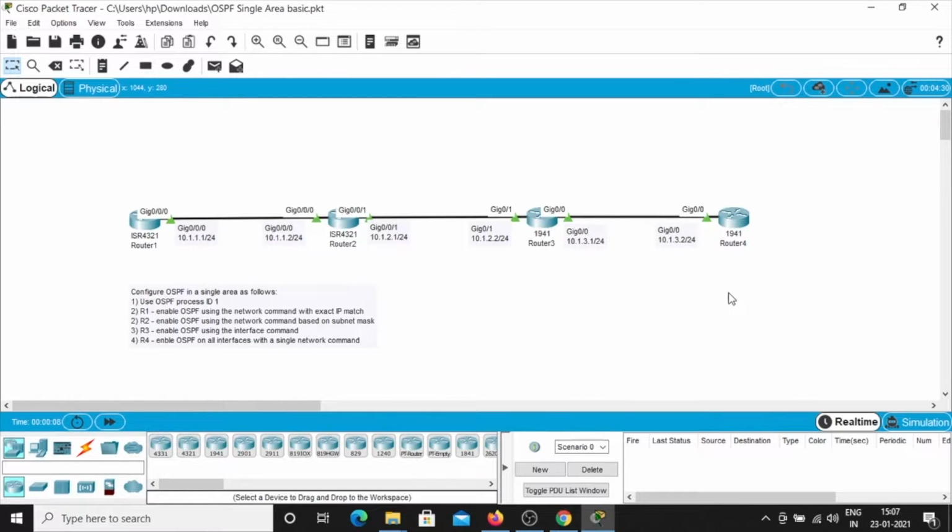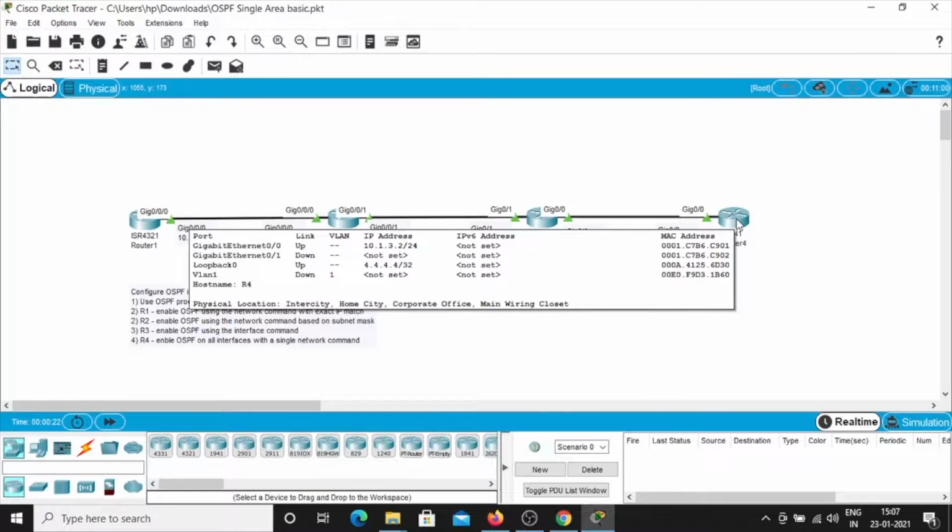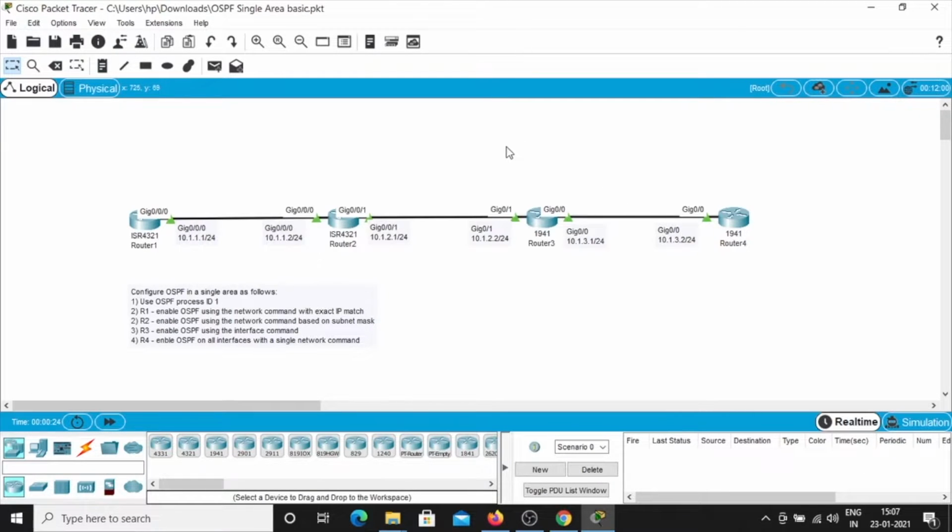Now I'm going to show you how to configure OSPF in a single area. Here I have taken 4 routers, router 1, router 2, router 3 and router 4 and connected them with gigabit Ethernet.